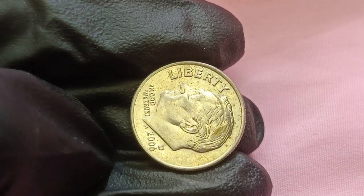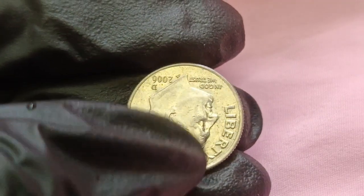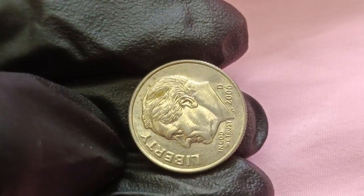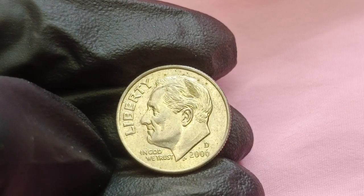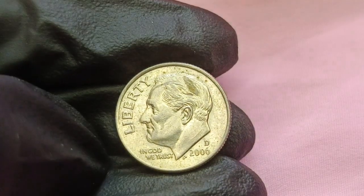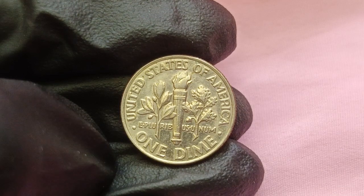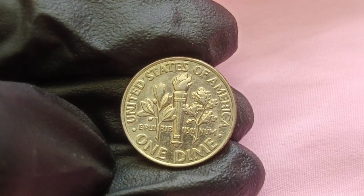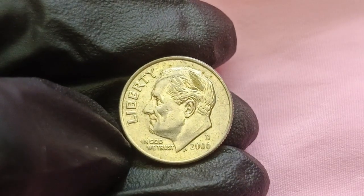The discovery of the first 2006D dime reads like a modern-day treasure hunting epic, beginning with a construction worker named Danny Martinez from Phoenix, Arizona, who found the coin in his lunch money during a coffee break at a job site in 2014, 8 years after the coin was originally minted and released into circulation. And what caught Danny's attention wasn't the coin's potential value, which he knew nothing about, but rather its unusual weight and texture that felt different from other dimes when he was counting his change to buy a sandwich from a